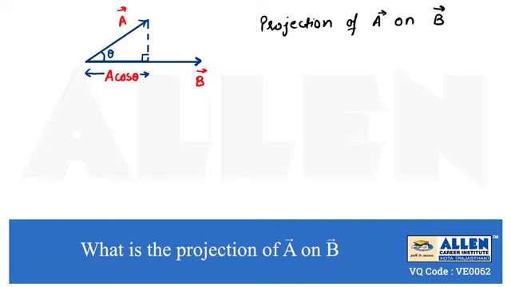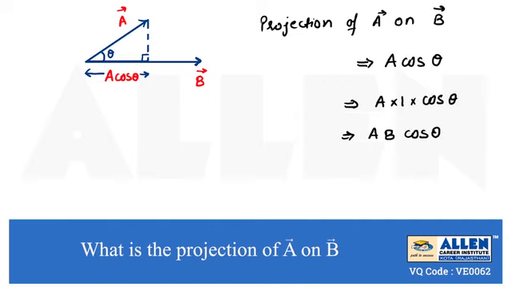So here we will write this as A cos theta, but theta is not given in our question, therefore we will change or modify the answer accordingly. So A cos theta. Now if we write it as A into 1 into cos theta, so 1 can be written as the magnitude of a unit vector, and the unit vector can be considered here as B cap. So we can say it can be related with AB cos theta, where B is equal to 1, meaning B is a vector which will have magnitude 1, known as a unit vector.